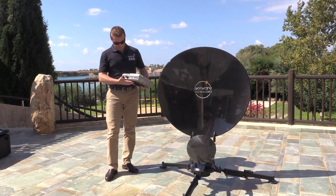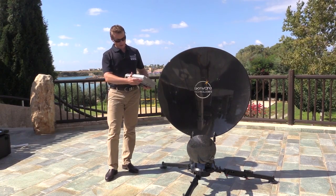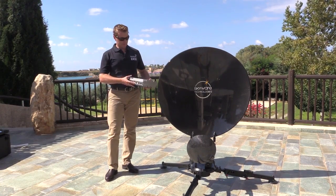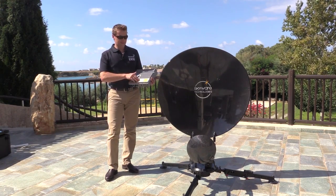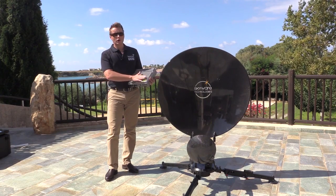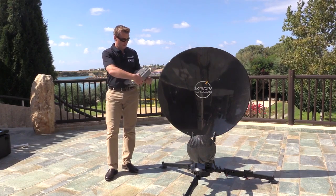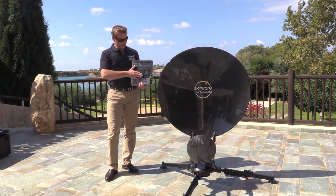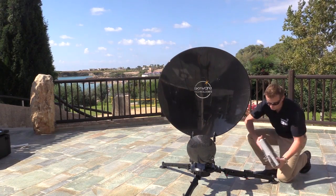On the bottom side of the PIM, we have two power connectors for AC and DC power, as well as network and management ports. On the top side of the PIM, we have the graphical user interface and the paradigm pointing tool, which will help manually guide us to the correct GX satellite. So on the underside of the PIM we have a lug which simply slips into this receiving port,